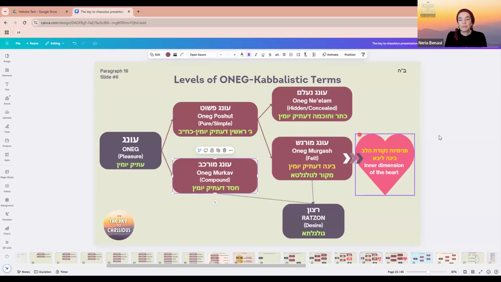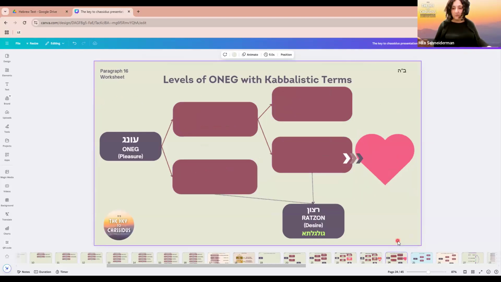Okay, Mila, should we move to the exercise, or maybe just see if there are questions? So we're going to move to this slide, Bezrat Hashem, and I just posted it on the WhatsApp group. Okay, great. And look at that. Oh, nothing is there. Okay. So what you're going to do is we're going to send you out to the